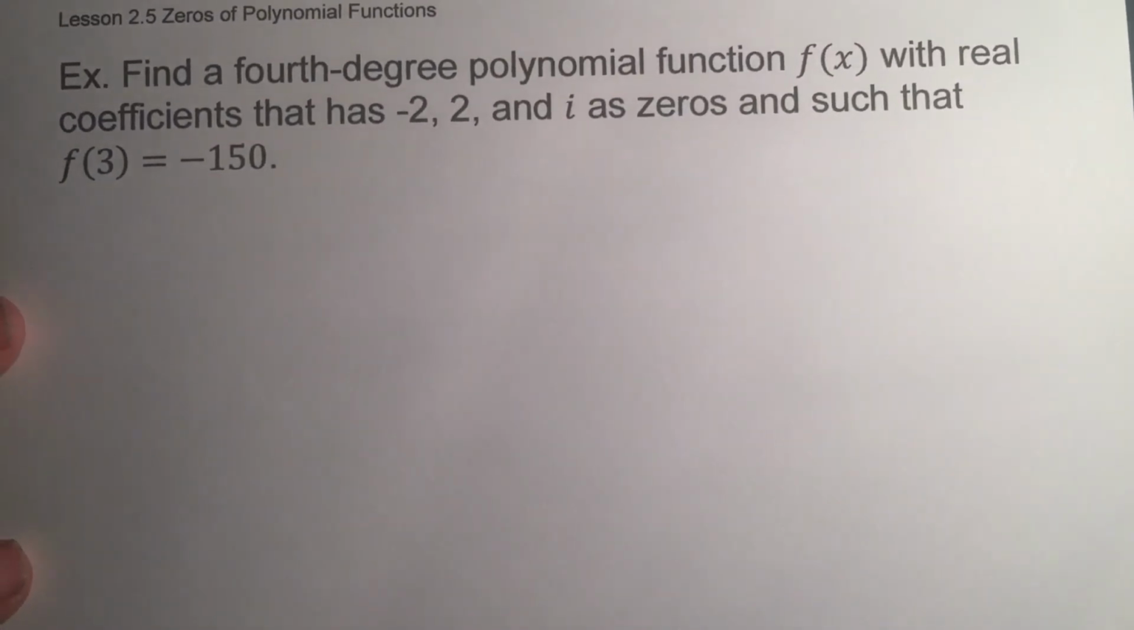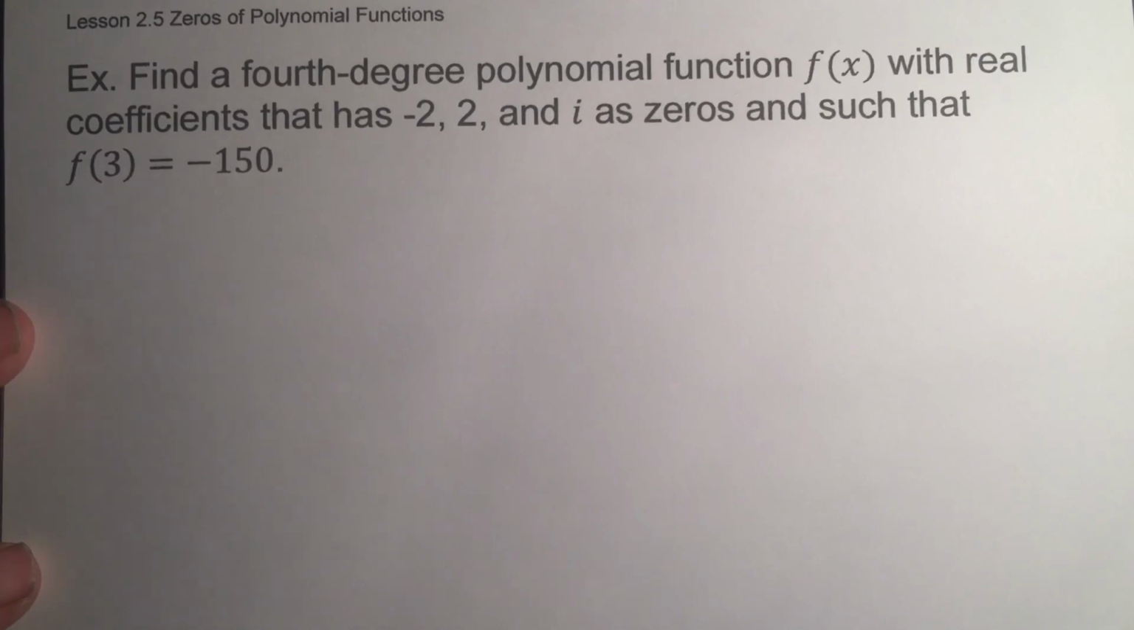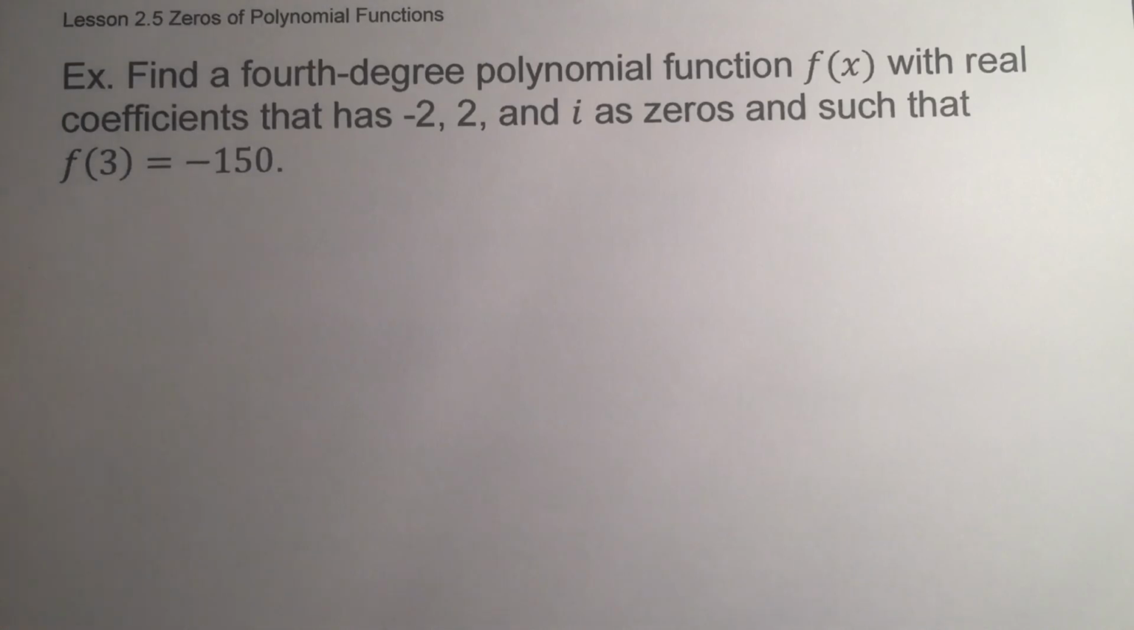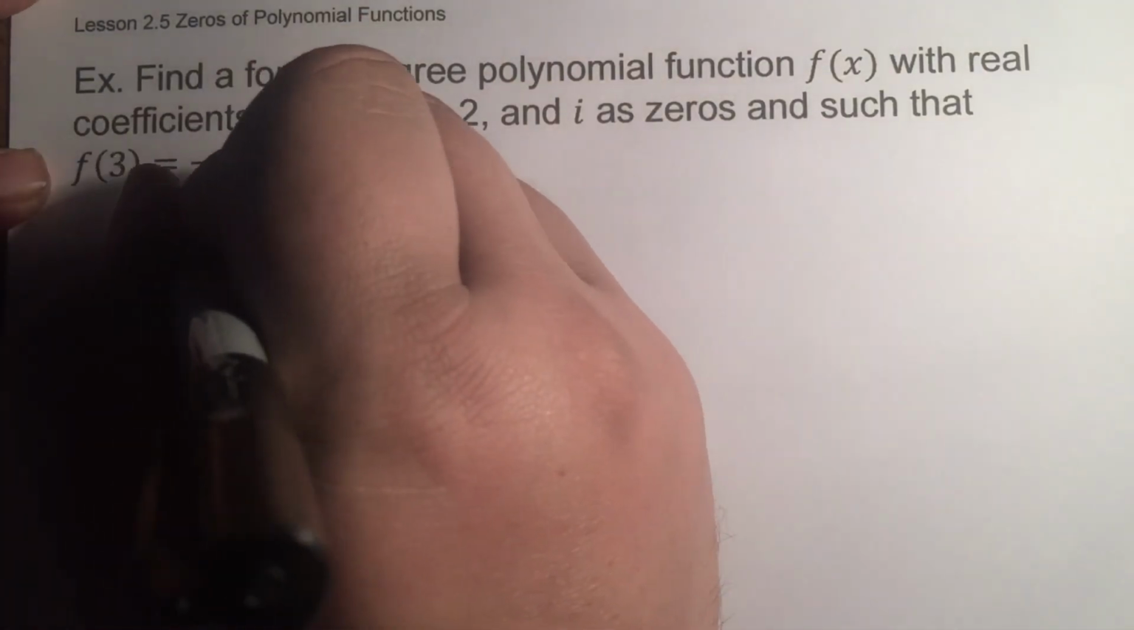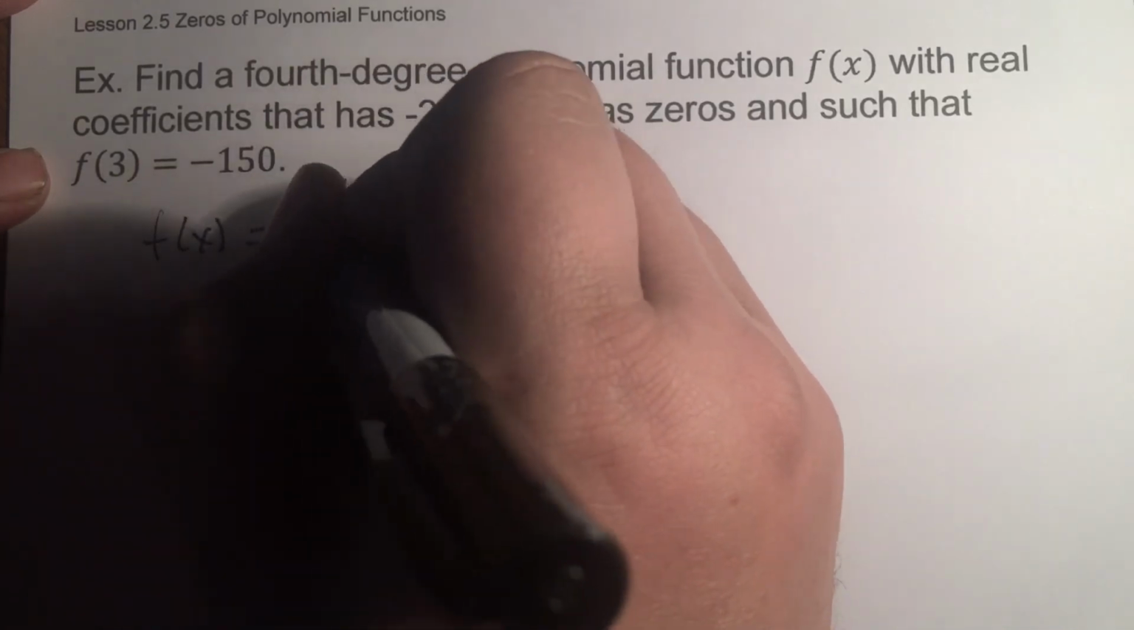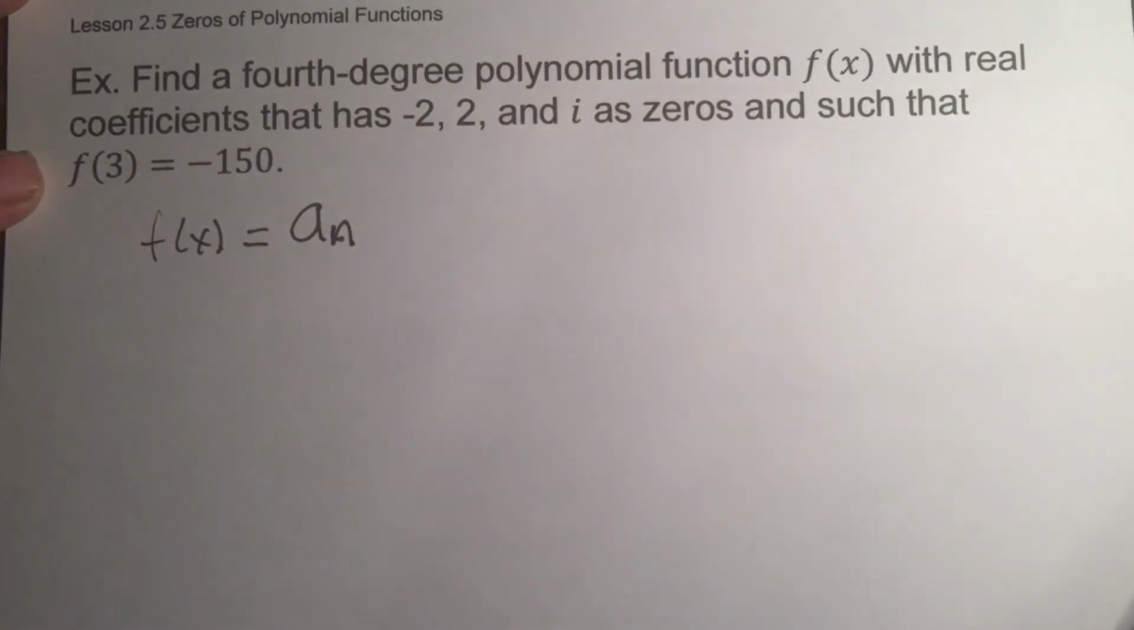Find a fourth degree polynomial with real coefficients that has -2, 2, and i as zeros, such that f of 3 equals -150. So keep this in mind for later. But to set this up, f of x equals our a sub n